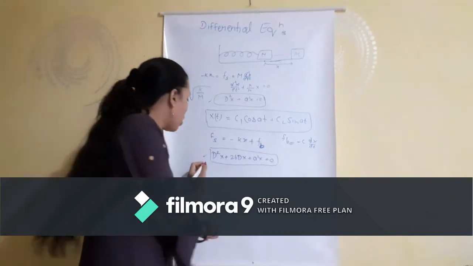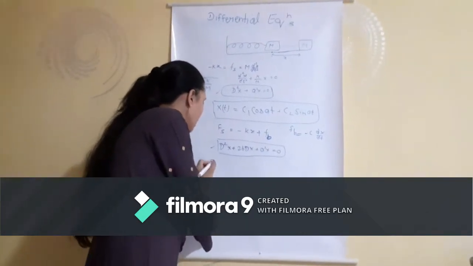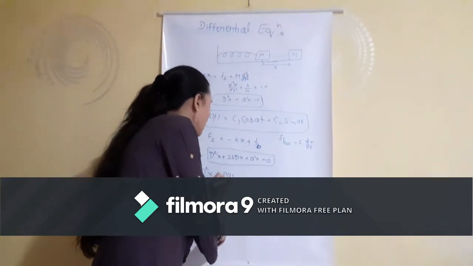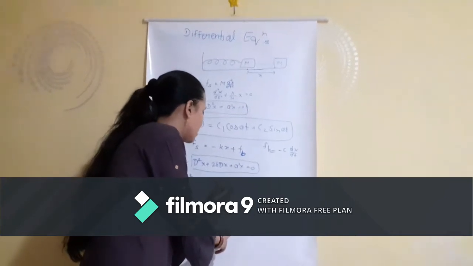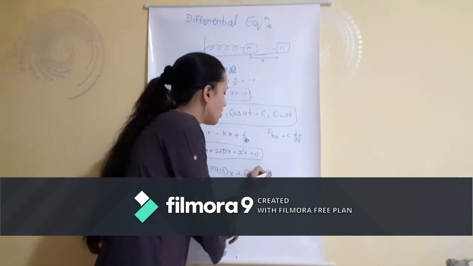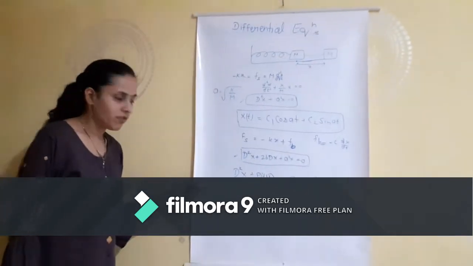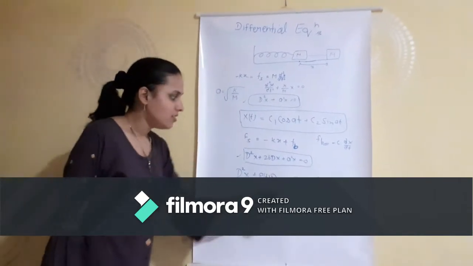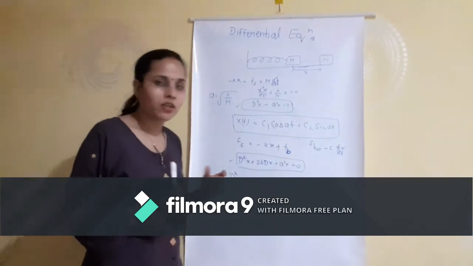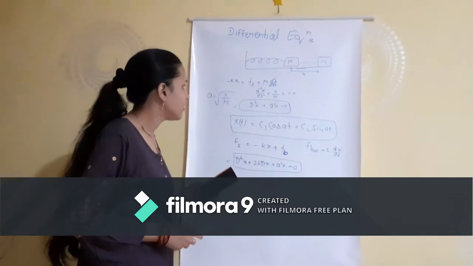So I will write the general form of a non-homogeneous differential equation, which can be written as d2x plus p(t) dx plus q(t) x equals r(t). It is a differential equation which is non-homogeneous and of second order. So now the students have to go through all that I have studied earlier.